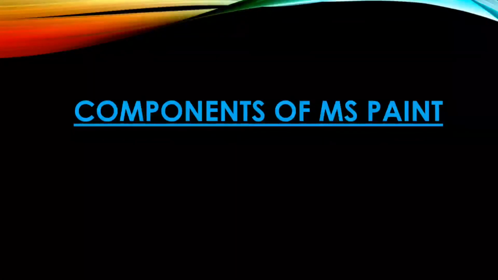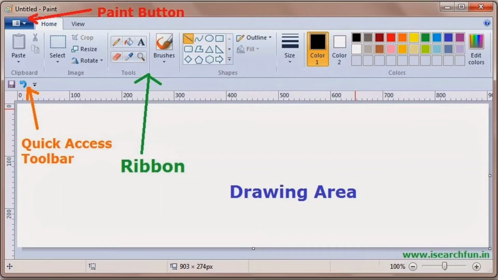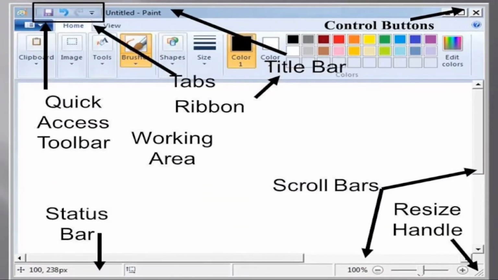Okay, so here is a page. You can see this is the page. The orange color is the quick access toolbar. You have already seen it in MS Word. Nothing new here. Ribbon. Okay, ribbon is a collection of all the tools. Paint button, the blue box. See, this is new for you. The blue box is called the Paint button. And the drawing color is written drawing area. Okay, I'm going to illustrate it more. See, that is the quick access toolbar.